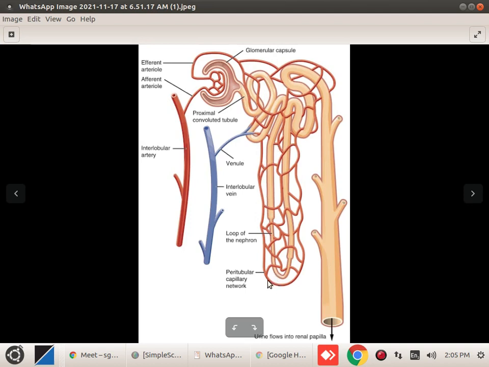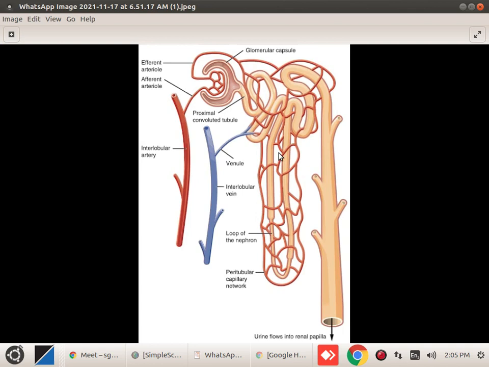Where does maximum tubular secretion take place? It takes place in the DCT. So again I am repeating: reabsorption takes place in the PCT, a little bit in Henle's loop, and tubular secretion mainly takes place in the DCT, the distal convoluted tubule. What is the difference between the two? Reabsorption and tubular secretion seem alike. Let us talk about it, children: give and take.